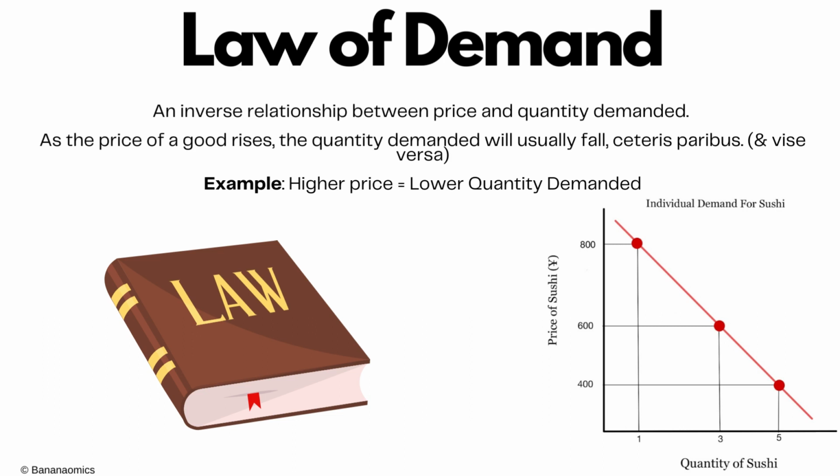The law of demand states that there is an inverse relationship between the price and quantity demanded. As you can see here, we have a standard diagram depicting a demand curve. On our y-axis is price, and on our x-axis is quantity demanded. So as we can see from this graph, the law of demand states that there's an inverse relationship between price